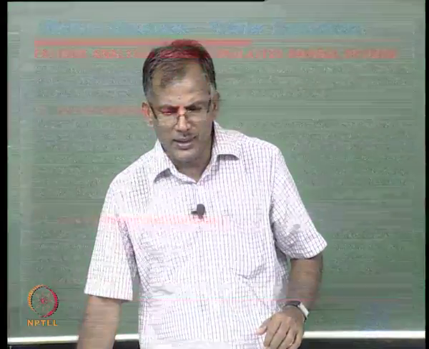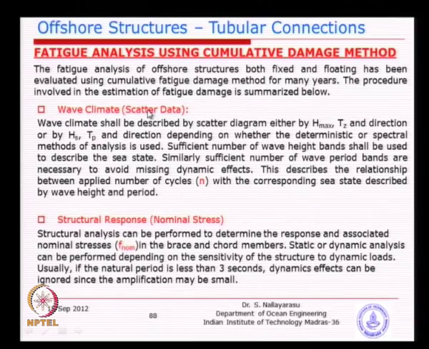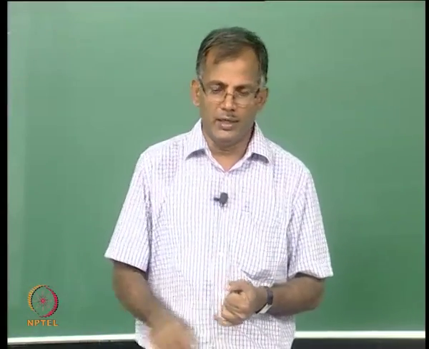Now, the wave scatter data can be described in several ways. One of the particular and the easier ways is describing by the individual wave heights, which I think in the early days of this course we were talking about design methods. So, either the spectral method or the discrete wave height method. In the discrete wave height method, we take the individual maximum wave heights, and basically that means when you look at a histogram of sea condition, you look at each wave height and take that as the representative, or you could represent that sea state by means of a spectra of any type that we could specify for the particular site, but described by a significant wave height and a peak period.